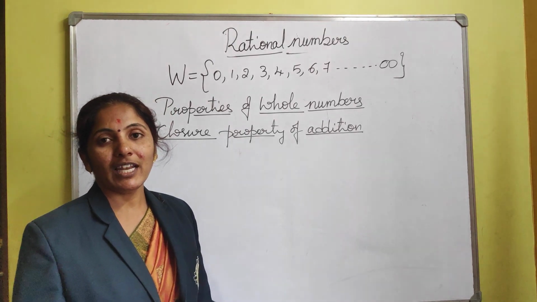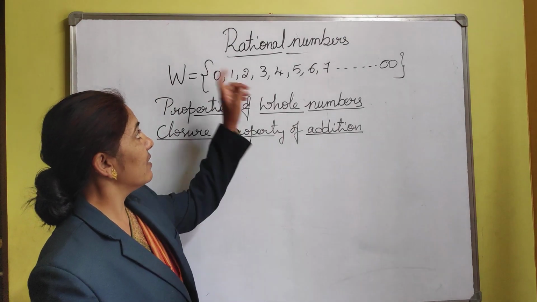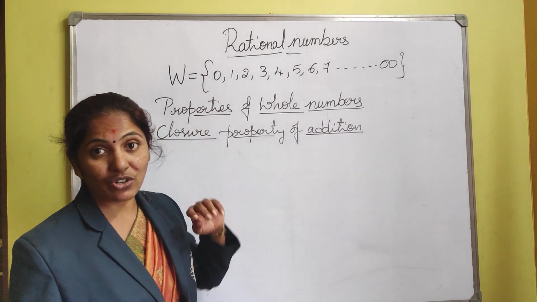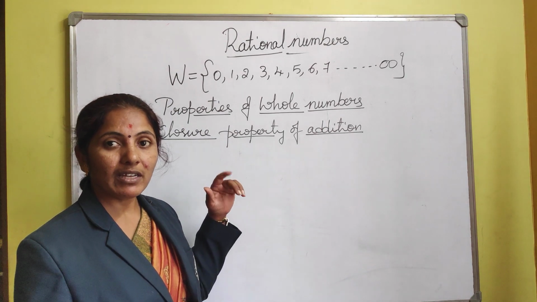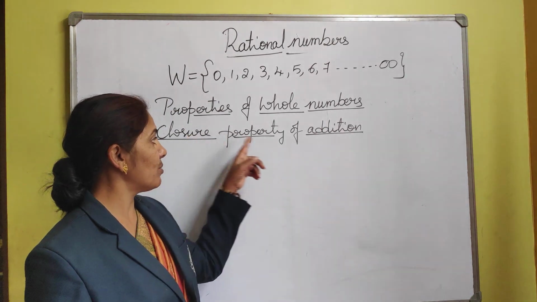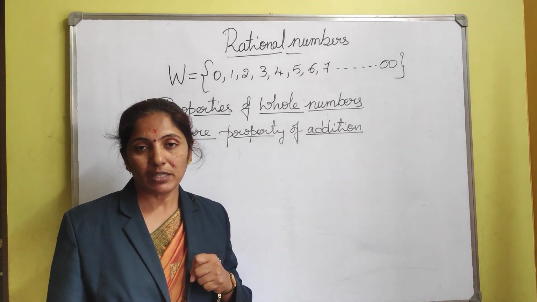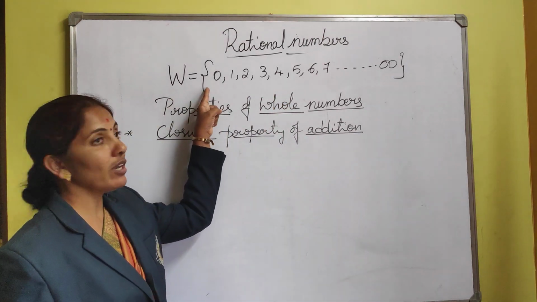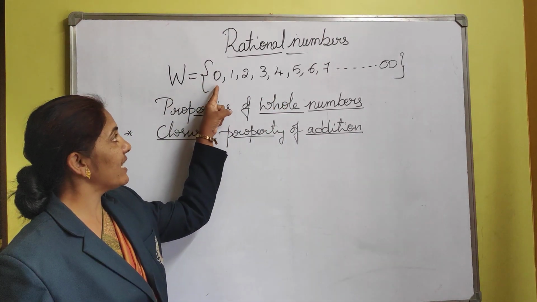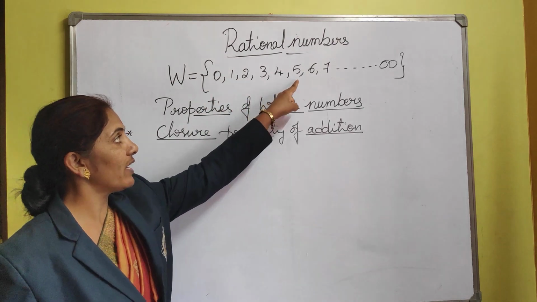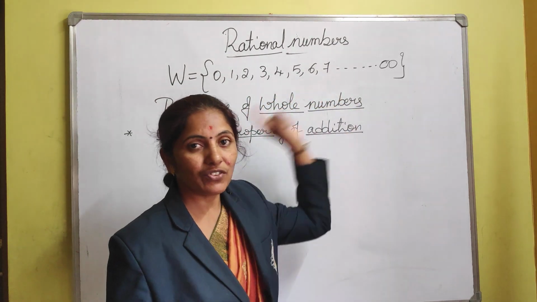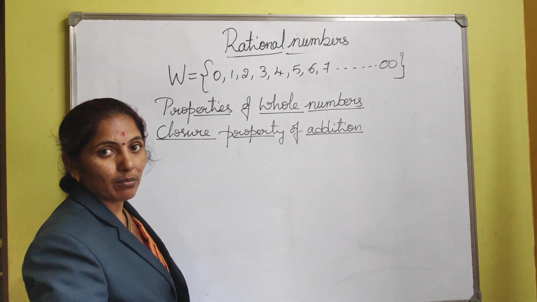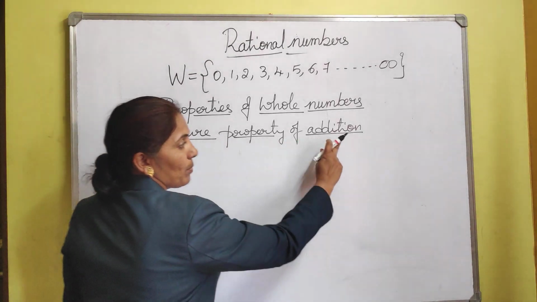Yes. So in the last session, children, we had learnt some properties related to the rational numbers, that is for natural numbers. So today we will again check the same properties, that is closure property of addition, subtraction, multiplication and division holds good for whole numbers. First of all, what are these whole numbers? Whole numbers, we read it as what? 0, 1, 2, 3, 4, 5, 6, 7 and so on till infinity. So we'll consider 0. 0 is a whole number and check the closure property of addition.